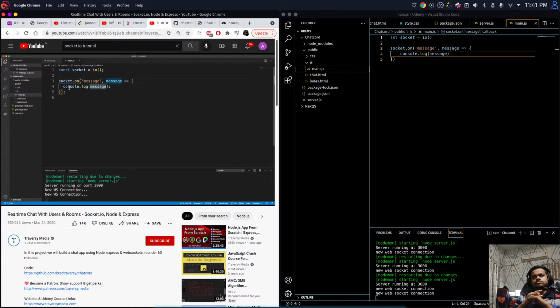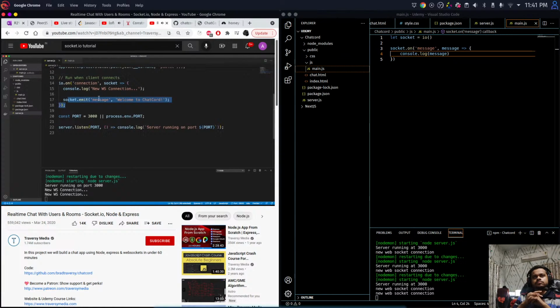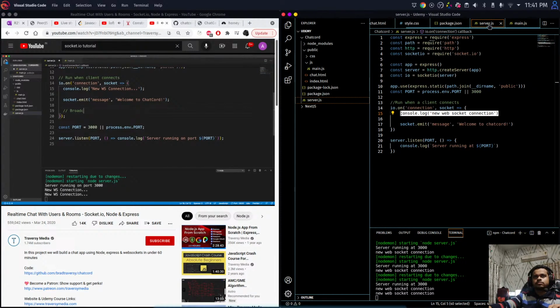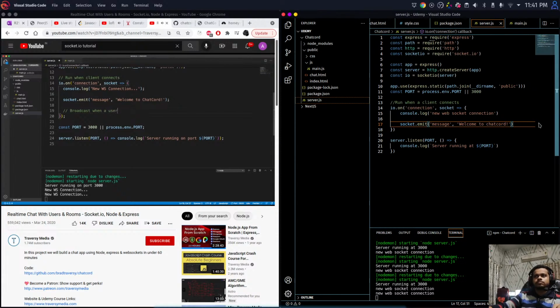Now, we're going to be sending a lot of different types of messages. We have our welcome, so we emitted this welcome message. We're going to send, of course, when we type in a message. Also, when someone connects and disconnects, I want to have a message. So I'm going to go right here, and let's say broadcast when a user